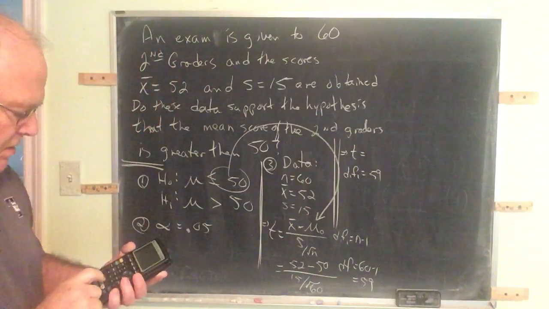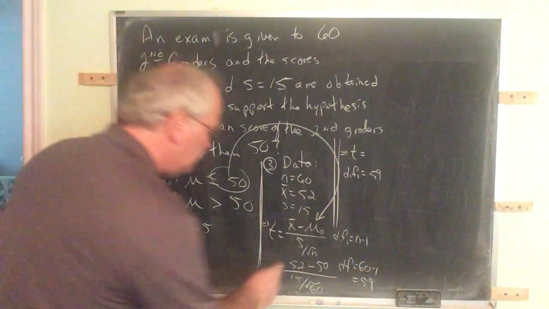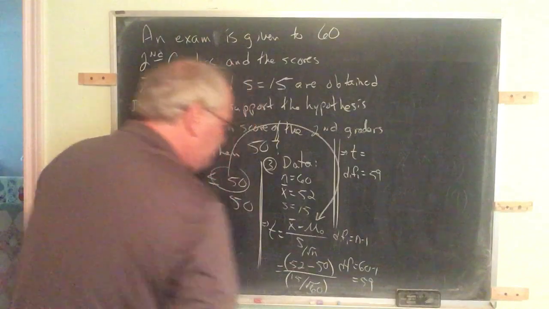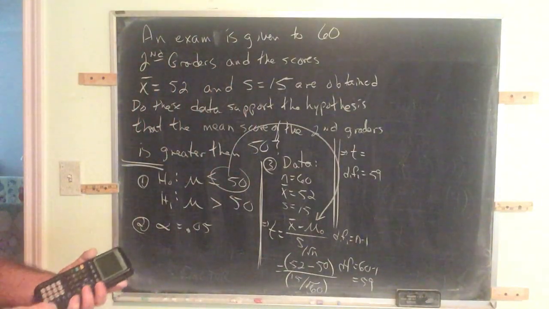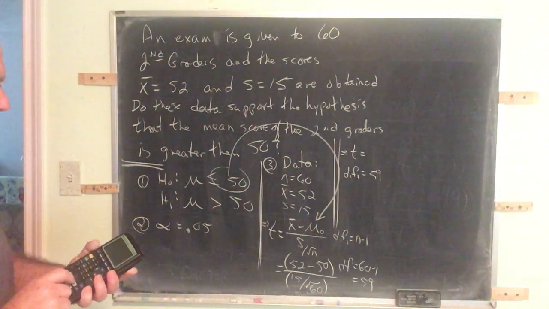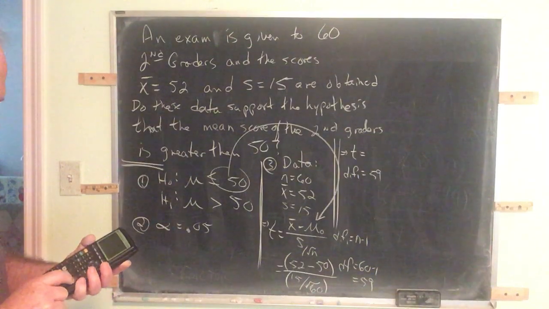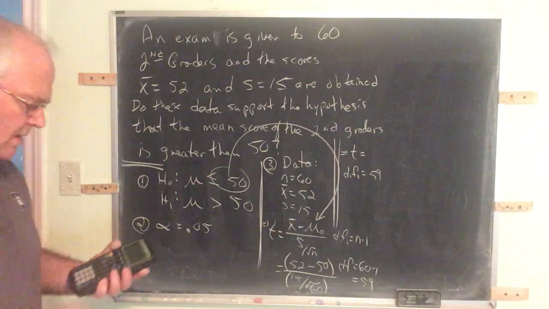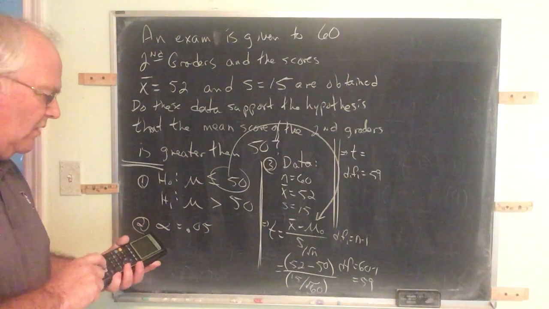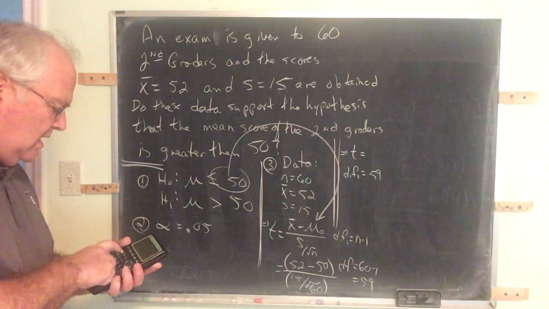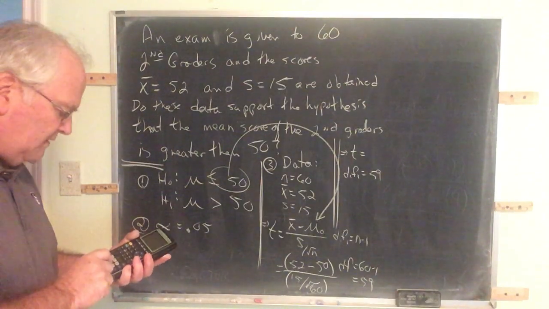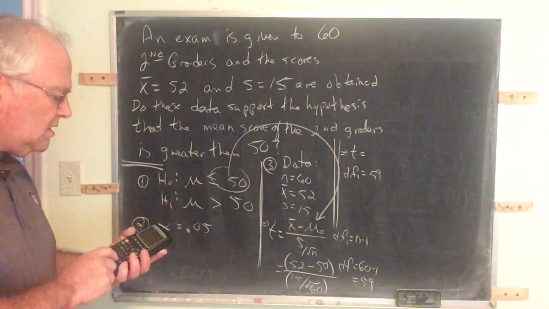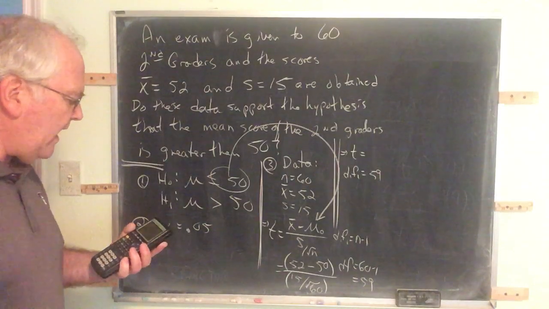So I'm going to do open parenthesis. Again, you should do parenthesis around the numerator, parenthesis around the denominator is a straightforward way to do this. Open parenthesis, 52 minus 50, close parenthesis. Divide by, open parenthesis, 15, divide by the square root of 60, close parenthesis, and I have